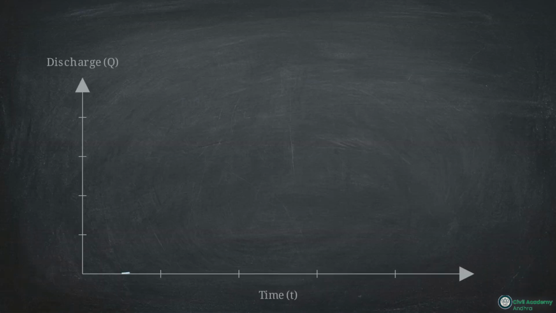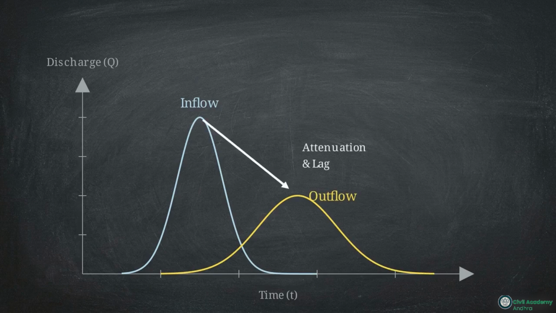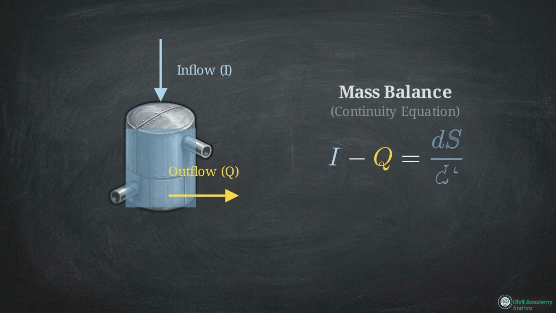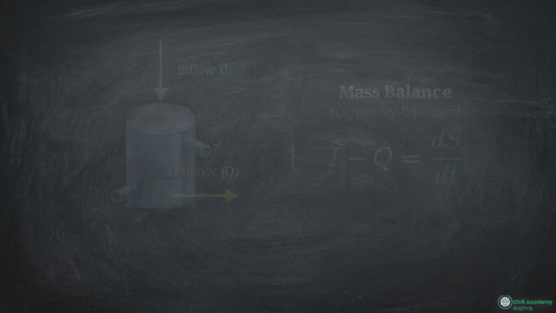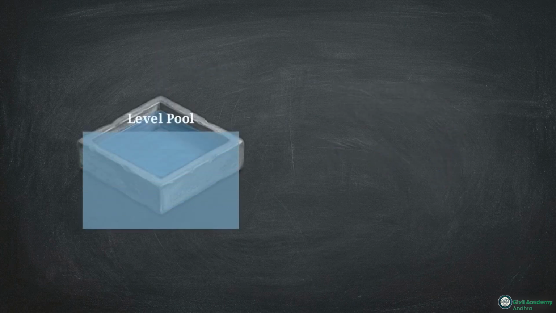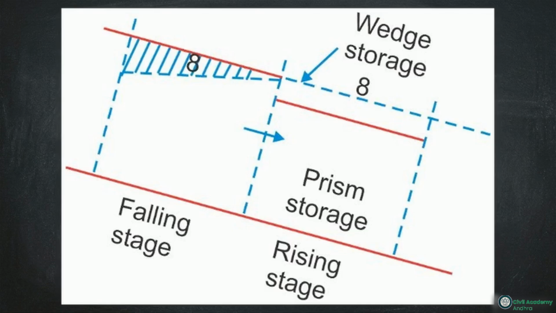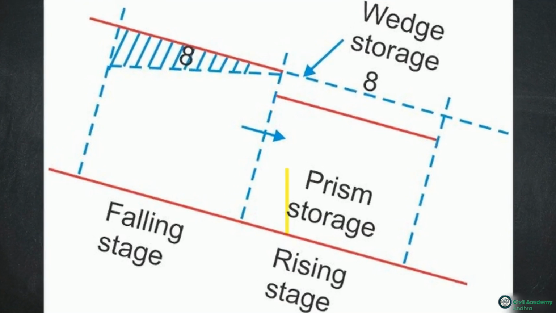This calculates how a flood wave changes its shape and speed as it travels downstream. There are 2 major philosophies for routing. Hydrologic routing relies on the continuity equation, balancing inflow, outflow, and storage. The modified Puls method belongs here, and it is the standard tool for routing floods through a level reservoir. This diagram illustrates why rivers require a different hydrologic tool. Unlike a flat reservoir, a flowing channel develops dynamic volume shifts, modeled here as prism storage and wedge storage. To account for these shifts during channel routing, we use the Muskingum method.